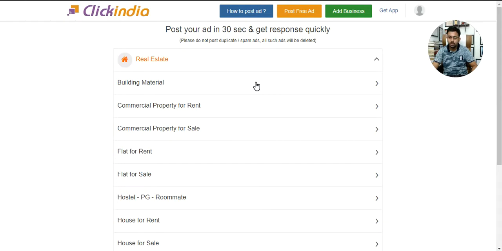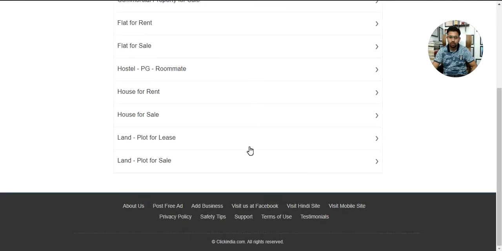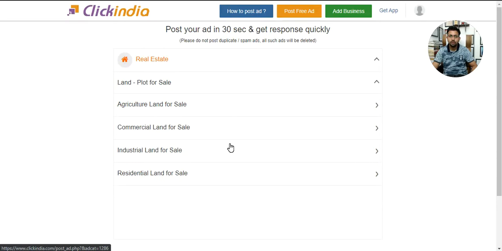You can post anywhere, but they have some advanced and some basic criteria or categories, and we have to continue with land for sale. Okay, land for sale, agriculture land for sale. Here they have subcategories like agriculture land for sale.